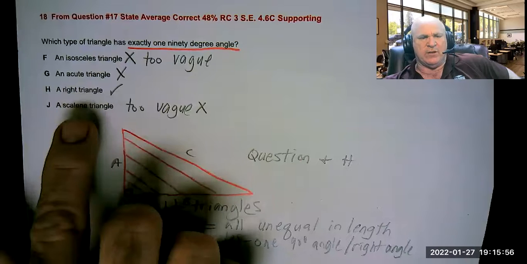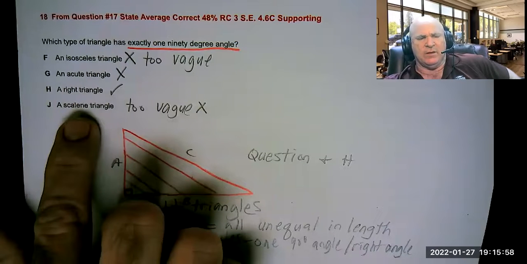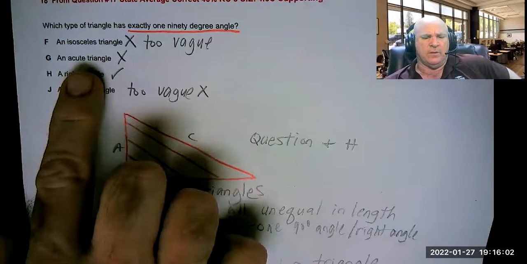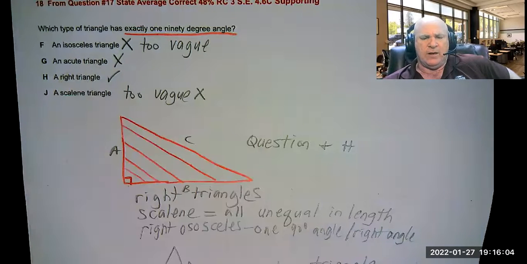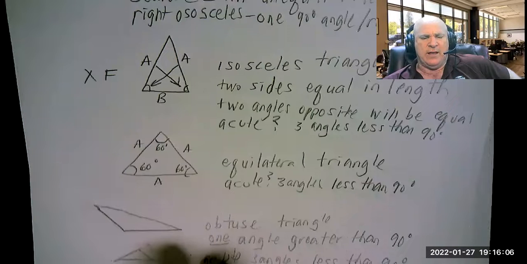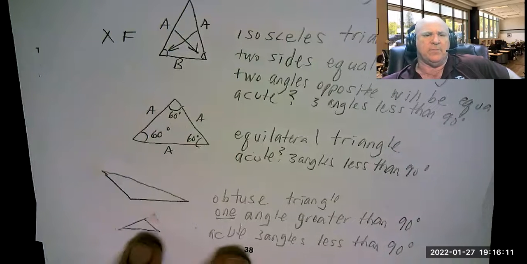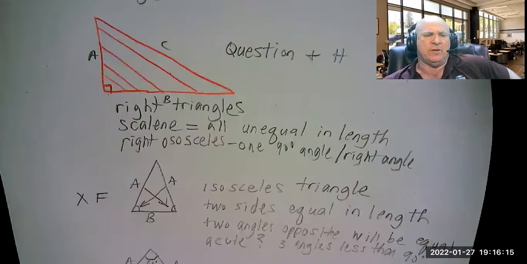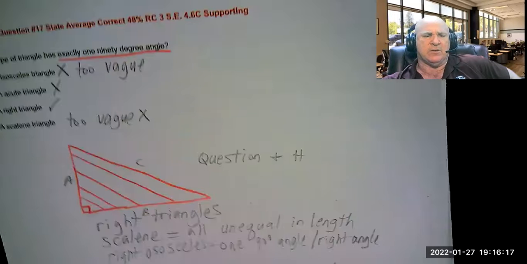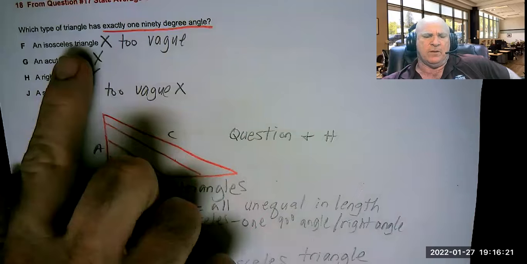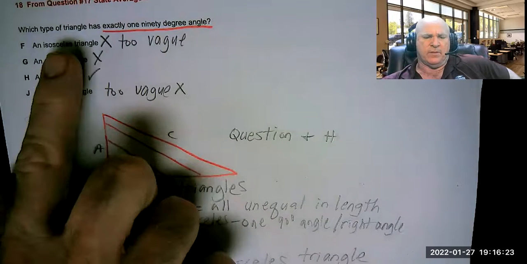Okay, the one that I can for sure eliminate is acute, because I remember that in an acute triangle, all three angles have to be less than 90 degrees. Okay, the other two I want to eliminate for you. One is an isosceles triangle,